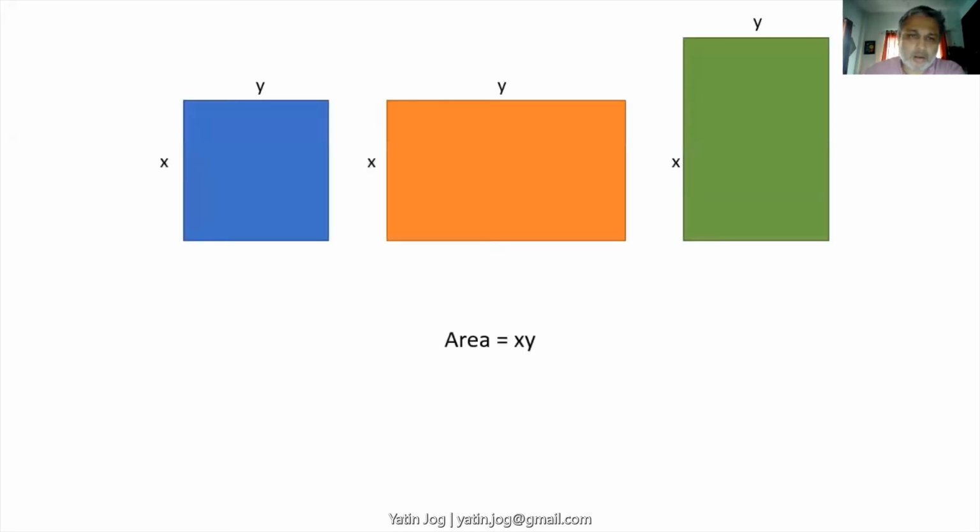So as a fun part, we are just going to look at these two concepts from a different point of view. So consider any square or any rectangle where one side is x and the second side is y. We all know that the area of a rectangle or square is x into y. So if it is a square, then both sides will be the same, that is x and x, so it will become x square.